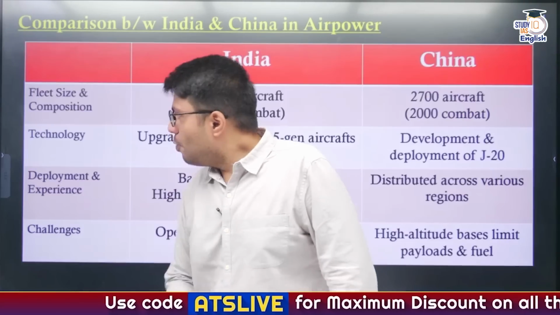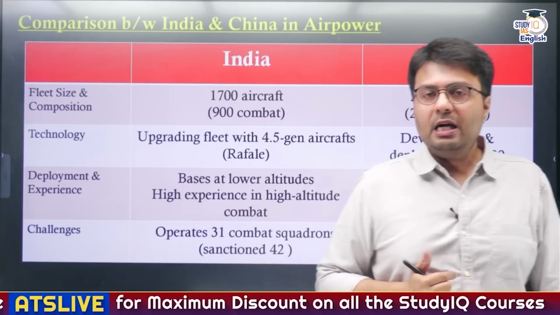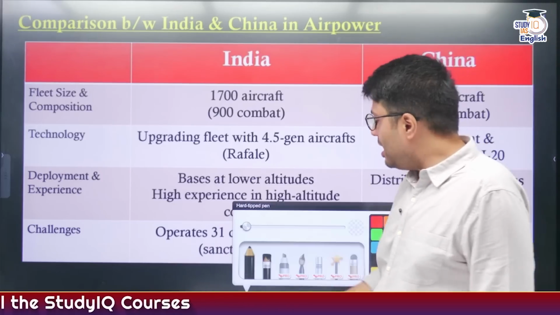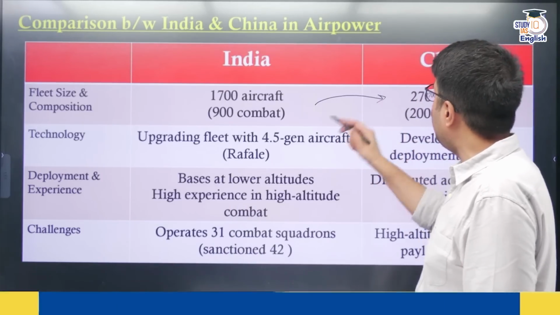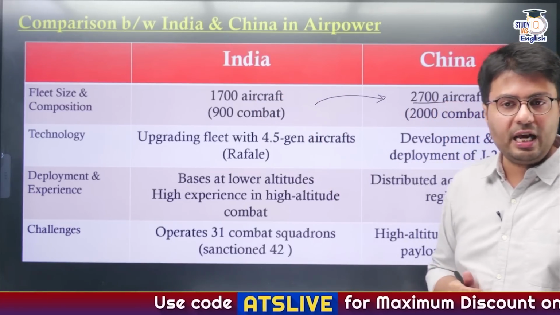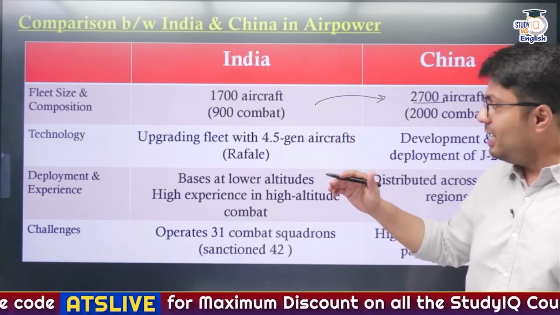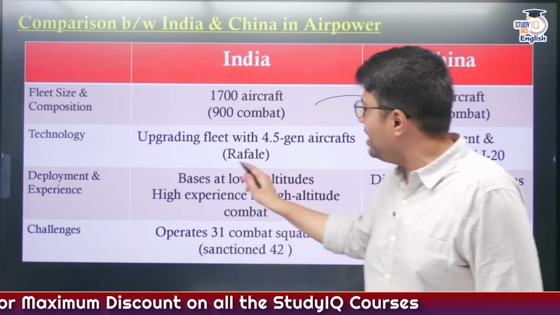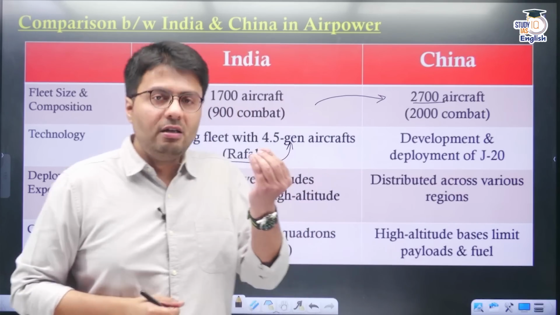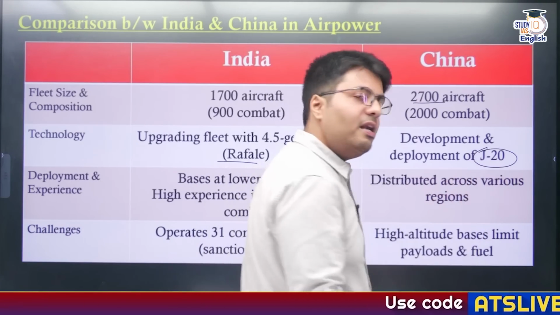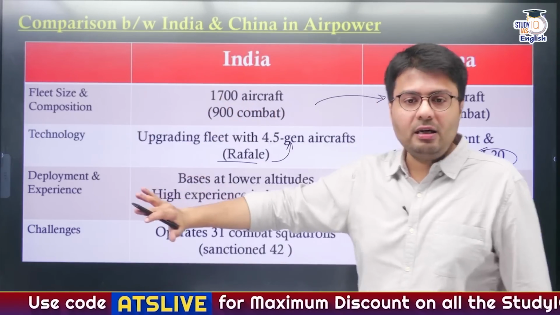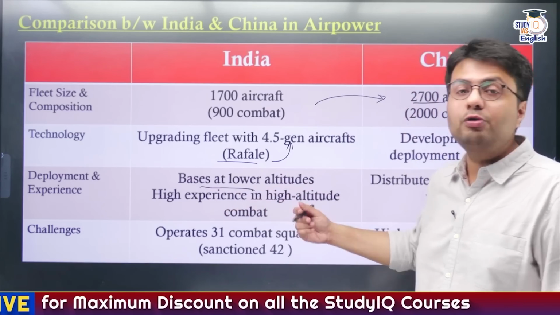Understood? Now, what you need to understand before the conclusion of this discussion is the differences in capabilities of the Indian and Chinese Air Force. They have differences in terms of the number of aircraft, and China has a much higher number of fighter jets as compared to the Indian Air Force. In terms of capabilities, India's most advanced fighter jet is the Rafale, which employs 4.5 generation technology, whereas China has already deployed its 5th generation aircraft J-20, and it is undertaking the development of a 6th generation aircraft also.